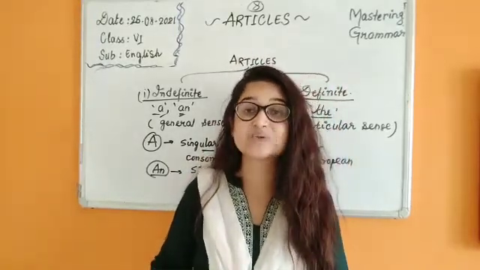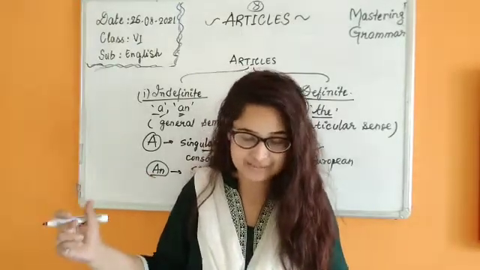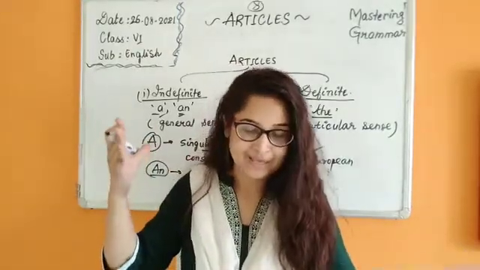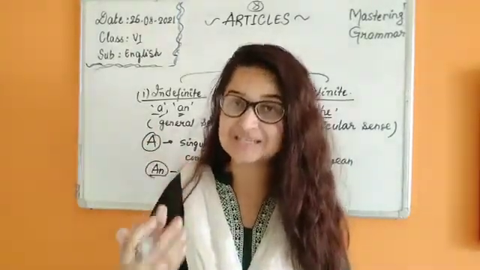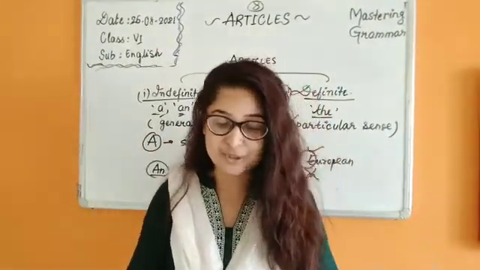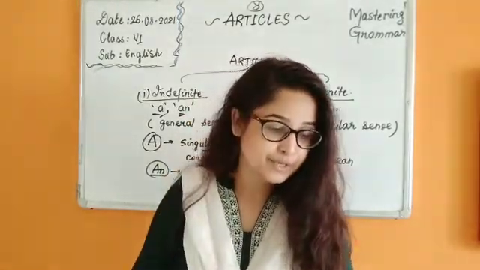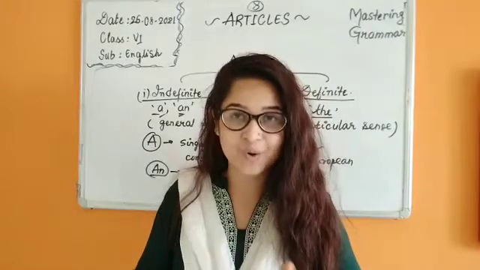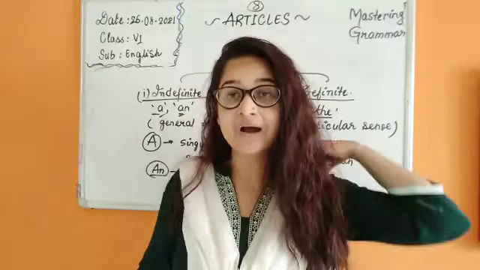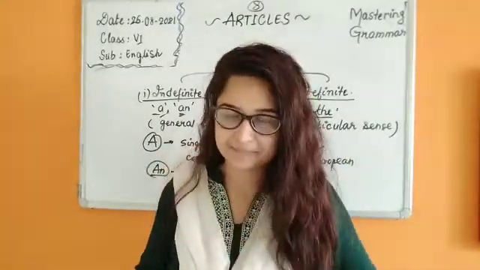To show a certain quantity, like there are a dozen oranges. To show profession, like he is a general. He is a Christian, like community. To show a class, a profession, rank, community or religion of a person, we use a, right? Because in Christian, the 'k' sound is there, that's why we are going to use a Christian. And that is specifying a community in a general sense. I am talking about all Christians, I am saying he is one of them.